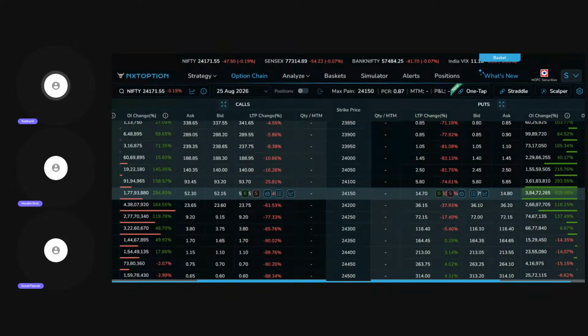If you see today's intraday chart, Nifty initially moved lower. Already Nisha has explained that, and we are seeing a gradual recovery from the 24,120 to 24,130 area. The market subsequently moved towards 24,160 to 24,170. Then we saw another sharp upward move, and it headed towards the upper level. From that level, we have seen a correction, and now Nifty is trading around the 24,160 to 24,170 range. So 24,200 is currently a major resistance, and 24,150 and 24,100 are the two important support levels. Yeah, over to Poonam.